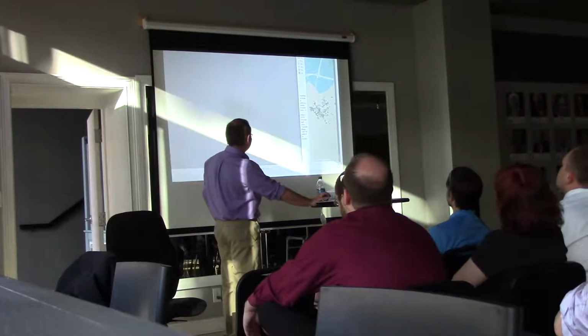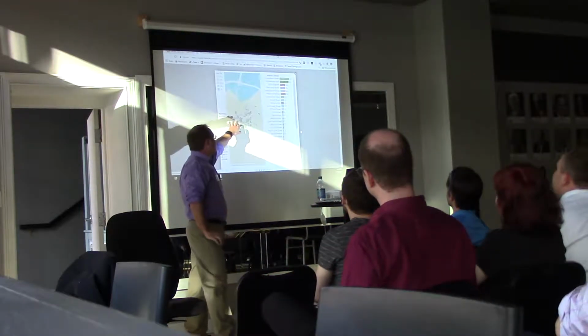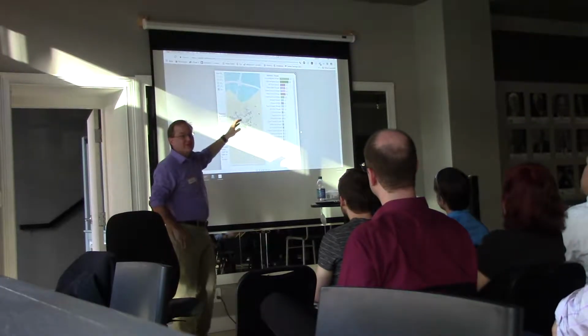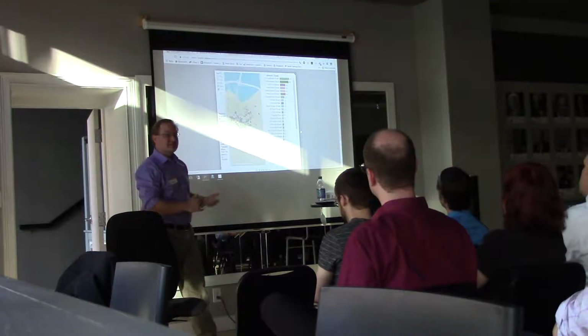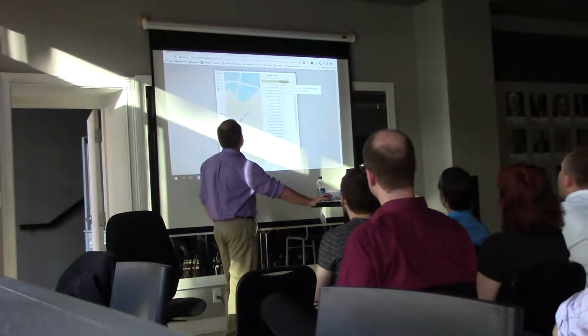Wow, that didn't redraw the way it should. Anyway, so this is the same data layout, right? Except I wanted to do analysis. I wanted to say, where are the Bluegrass Trust plaques at? So I stripped out street name